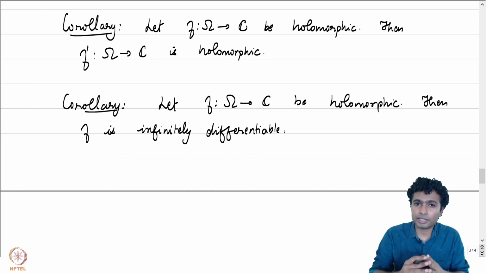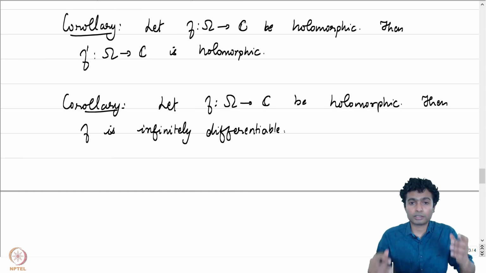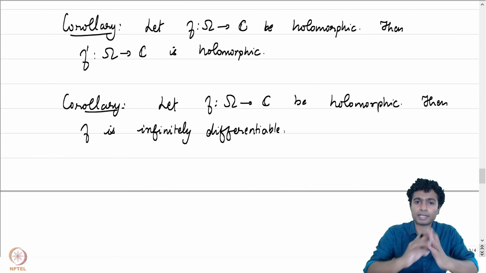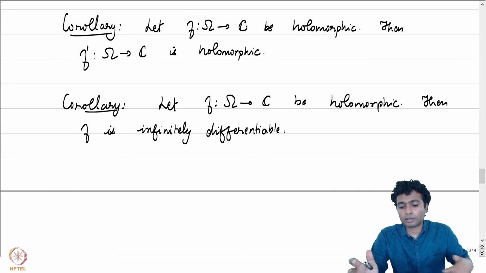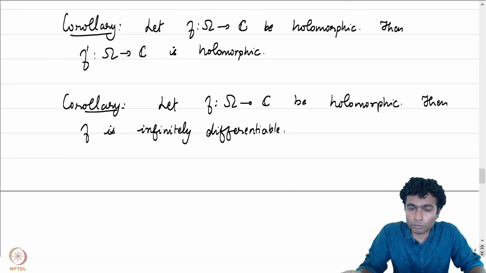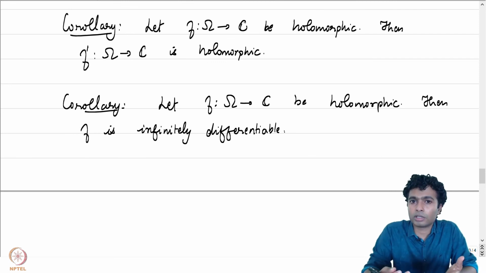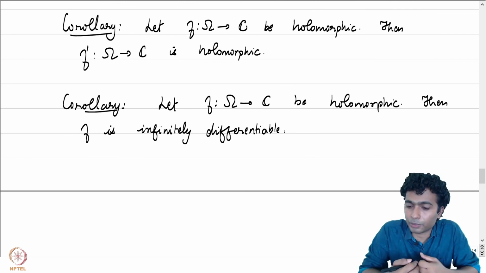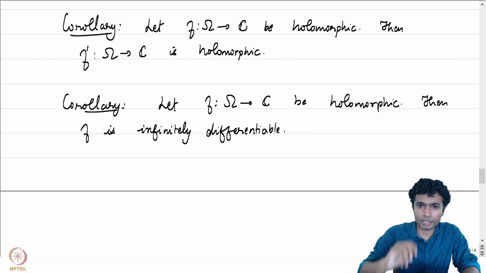The levels of rigidity that are associated to holomorphic functions ensures that the moment f is complex differentiable and holomorphic in a domain omega, its derivative is complex analytic. That means that locally it has a power series expansion. Its Taylor series converges, and its derivative is also holomorphic. So this is one difference which gives us very many beautiful results about holomorphic functions as compared to real differentiable functions, which we will be exploring more in the next few lectures.